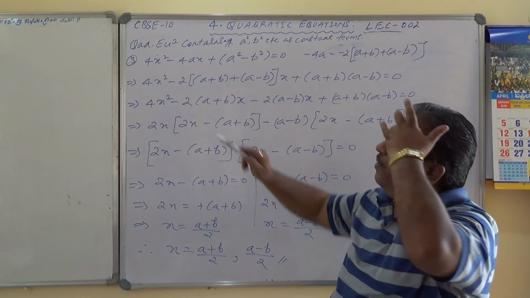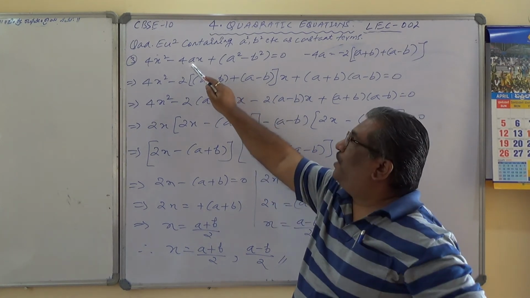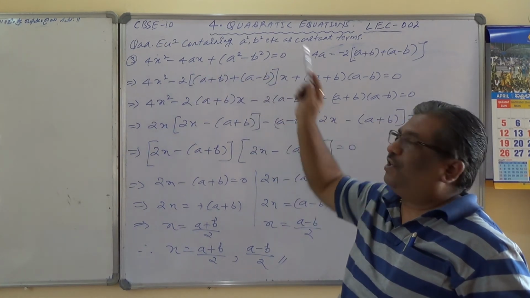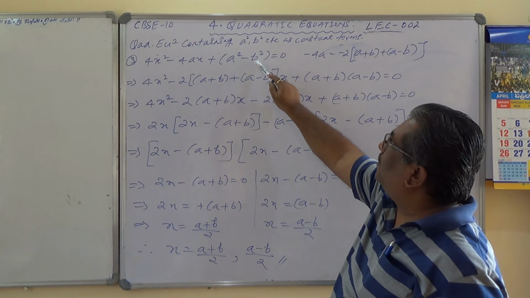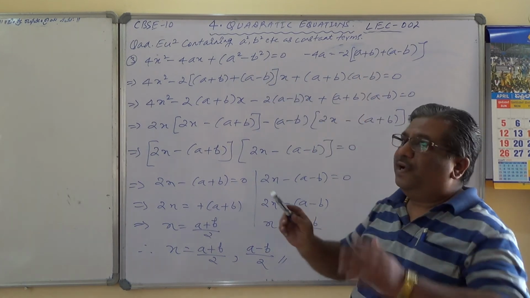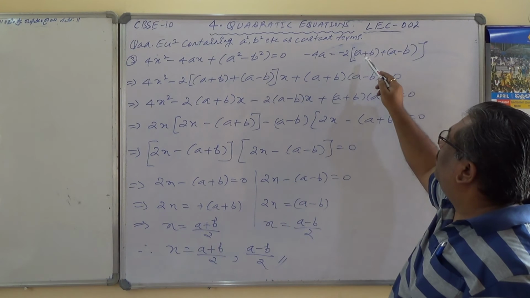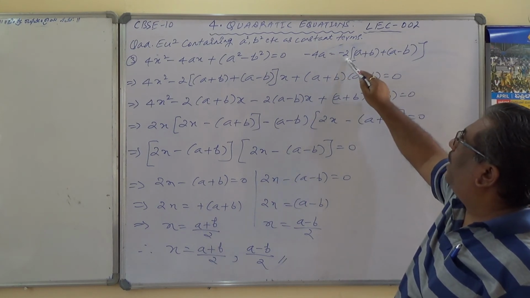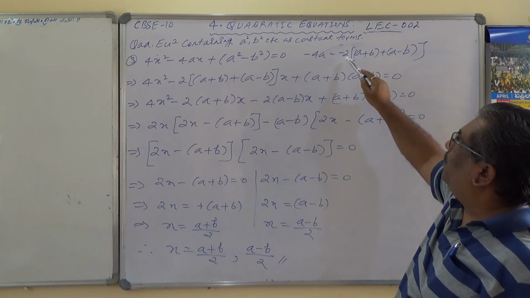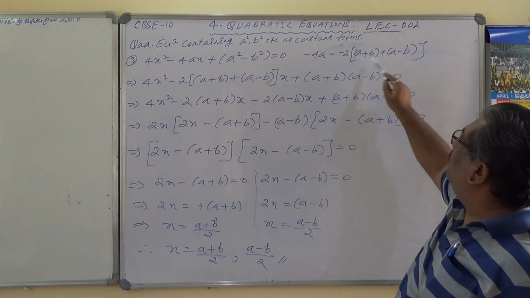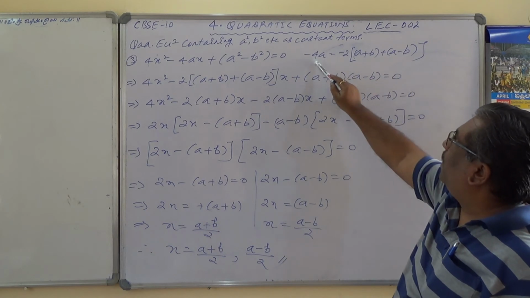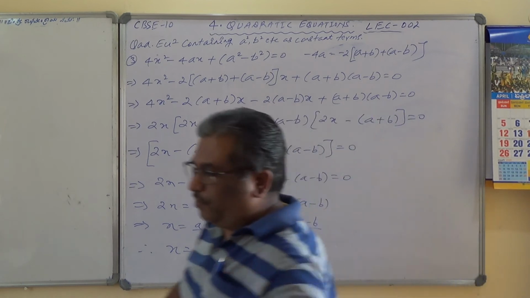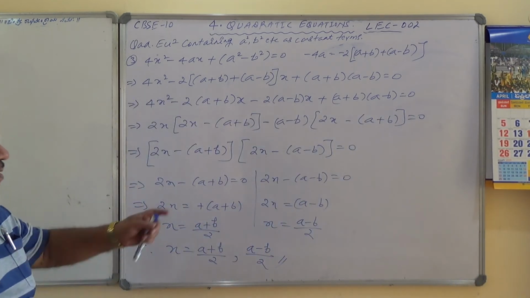That is the correct way. We obtained the coefficient of x, which is the middle term, in terms of the factors of the constant term. What are the factors of the constant term here? A plus b, a minus b. Arrange them in order to get minus 4a. Whatever deficiency there is, you multiply by that deficient number. Here this will give you 2a. I wanted minus 4a, so multiply by minus 2. You will get this. So I hope you are able to understand. Let me take a few more numericals of this. Note it down. I am going to erase now.